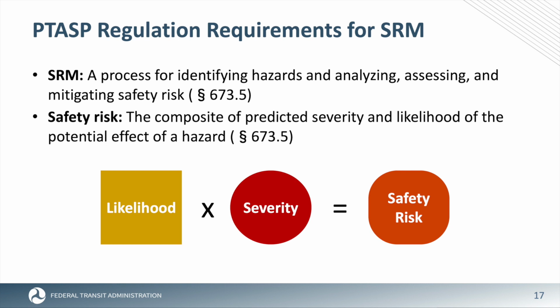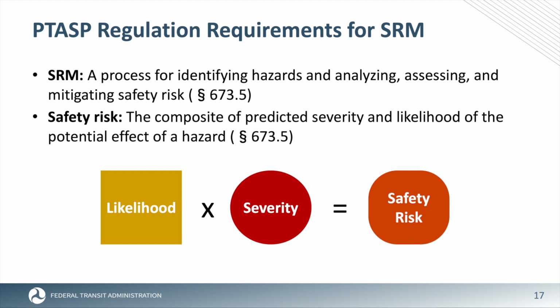And safety risk is defined as the composite of the predicted severity and likelihood of the potential effect of a hazard. Now, obviously, the focus of today's webinar is not safety risk assessments. Just to review at a high level, this safety risk assessment, or SRA, is where a transit agency is going to identify the condition or the hazard,